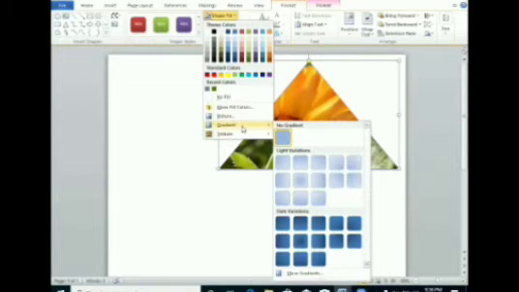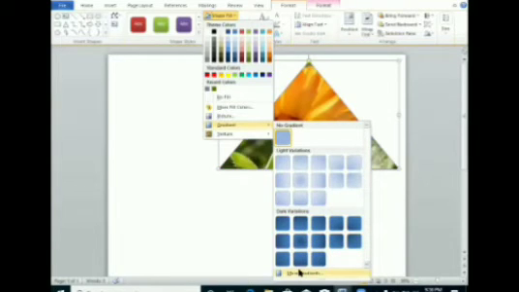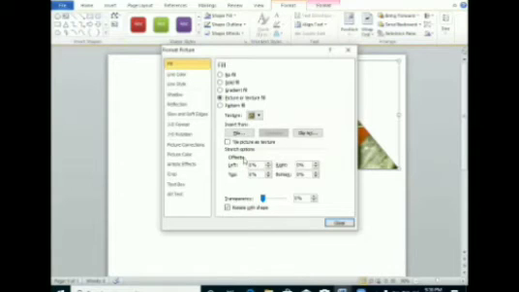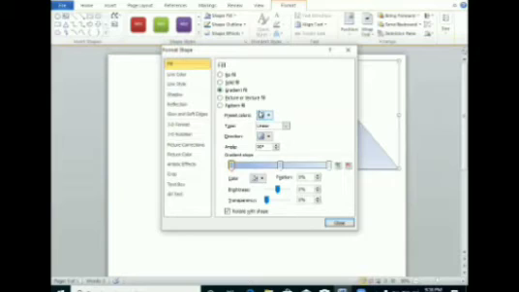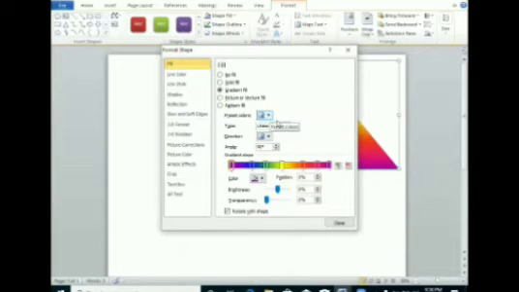Gradient means you can see here which gradient you want to use. You can take more gradients also. Click on More Gradients. Gradient means color combination we can use. There are some preset colors also. Go to the preset colors. You can see here color combinations are here.